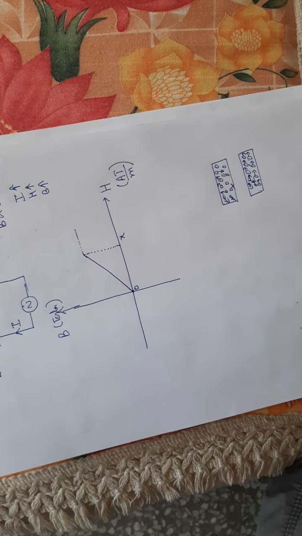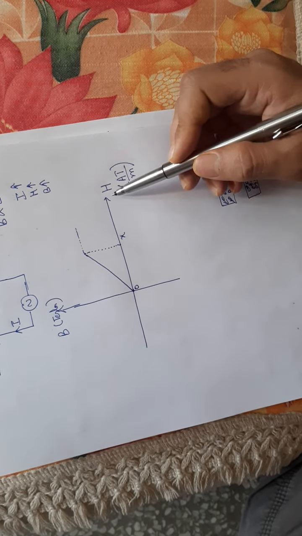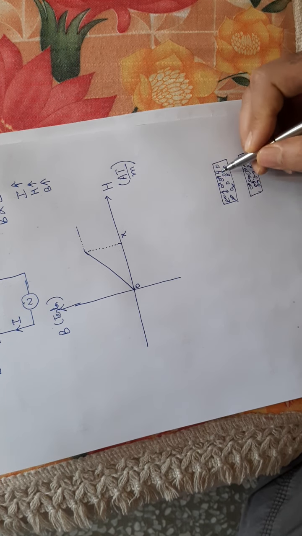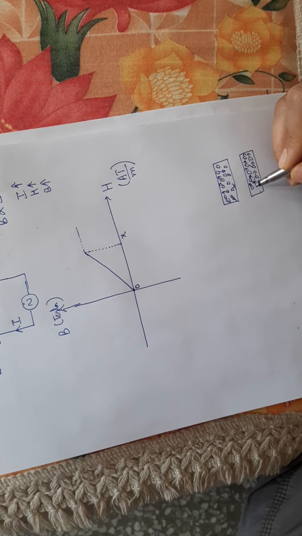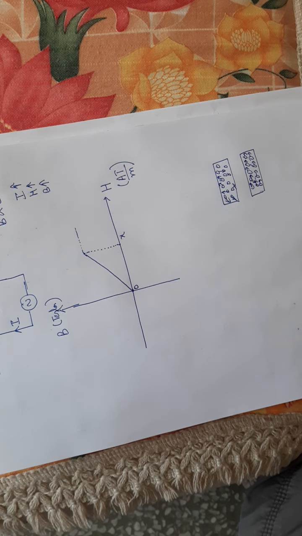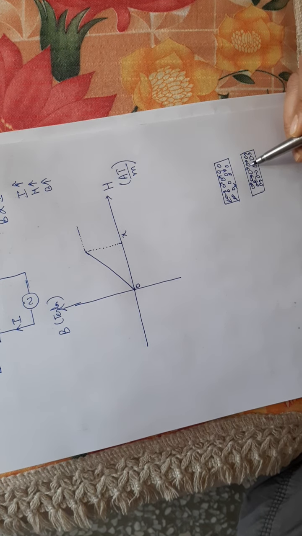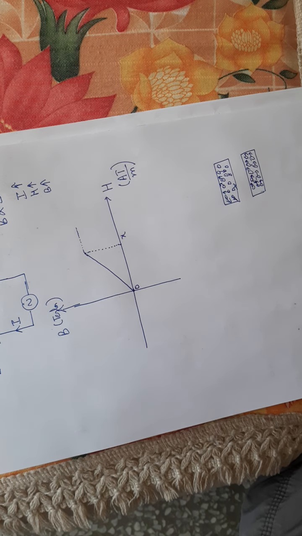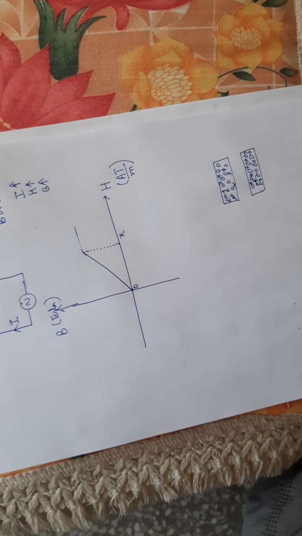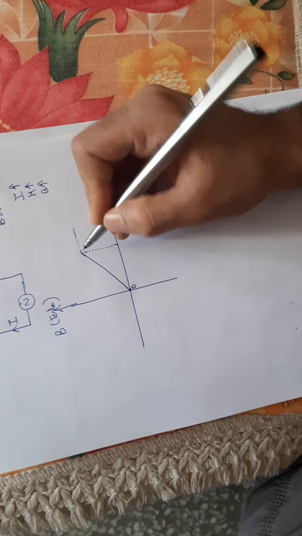So what I did, I started increasing the current, H started increasing, and proportionally B also started increasing. It is because these randomly oriented magnetic domains are now getting oriented in one direction. So a stage is reached where all the magnetic domains get oriented in one direction. After that, if we increase H, the magnetic field density B will not increase. So this is called the saturation point.